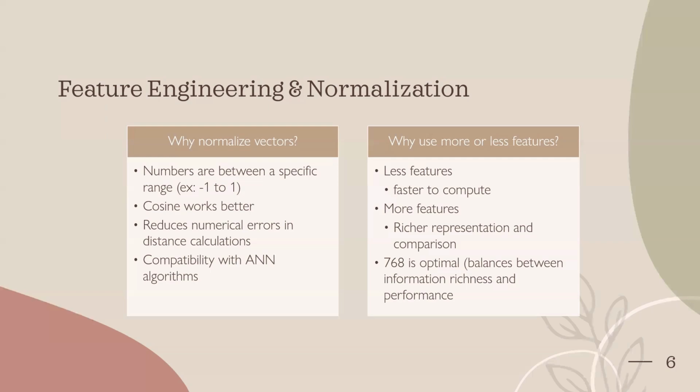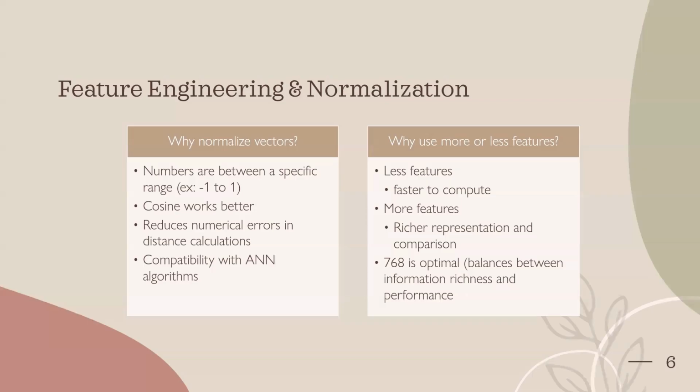And so why should we use more or less features in the embedding vectors? So features are basically the amount of dimensions that a vector has. So if there are more features, the vector typically represents the data in a more detailed way. And this can provide richer representation and more accurate comparison of the data. However, using fewer features is also important because it makes computations much faster. And so a sweet spot would